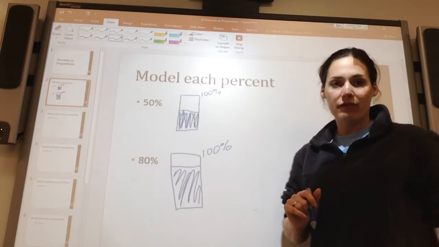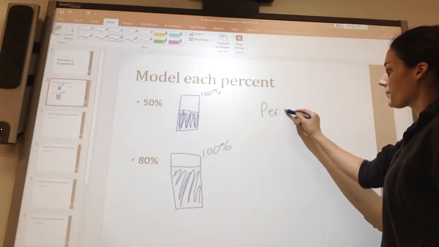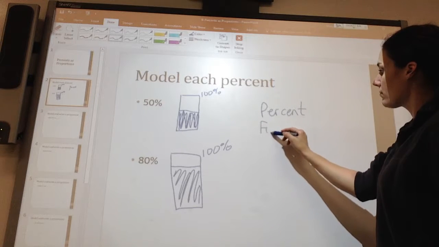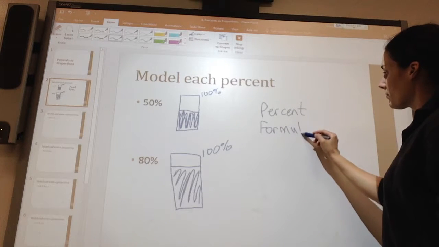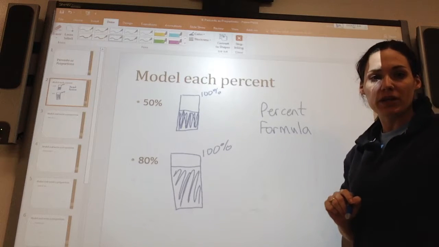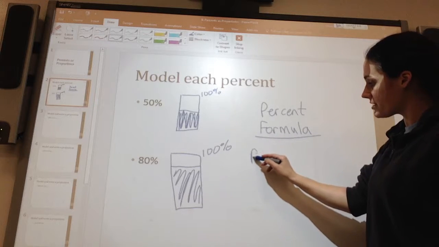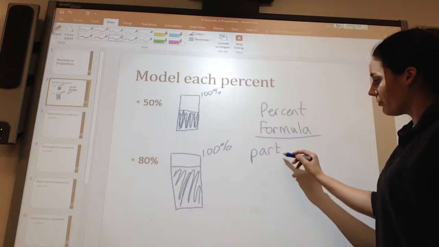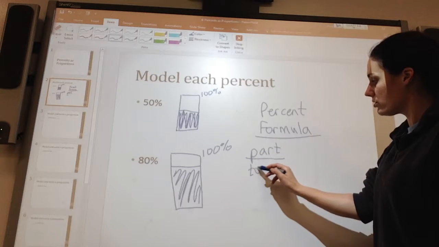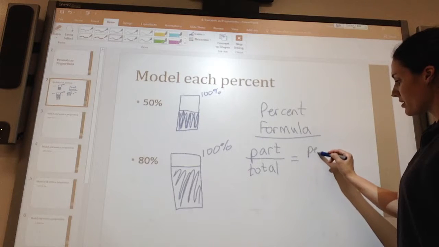And then the next thing I want you to do is write down the percent formula. Okay, so the percent formula is simply this. It's going to be a little confusing here for a second. Part over total equals percent